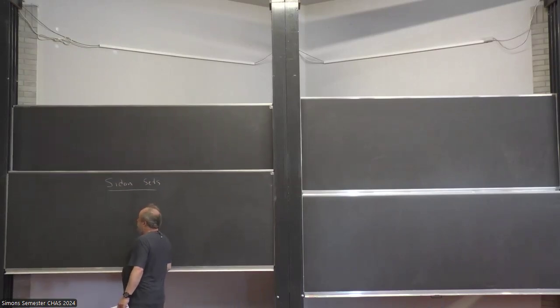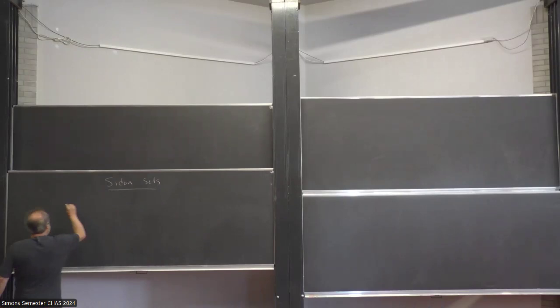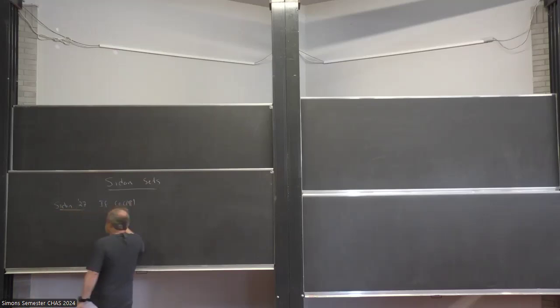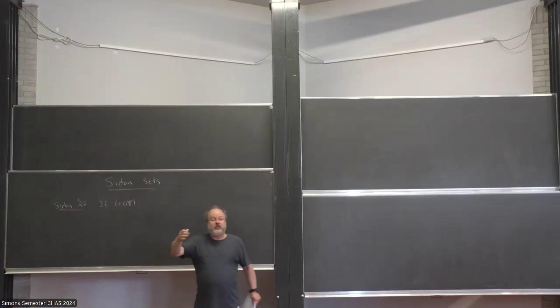But we have to go a little bit back to Sidon himself. He was a little bit older. So Sidon in 1927 proved the following result: that if I have a continuous function on the circle which has a lacunary trigonometric series, so that means